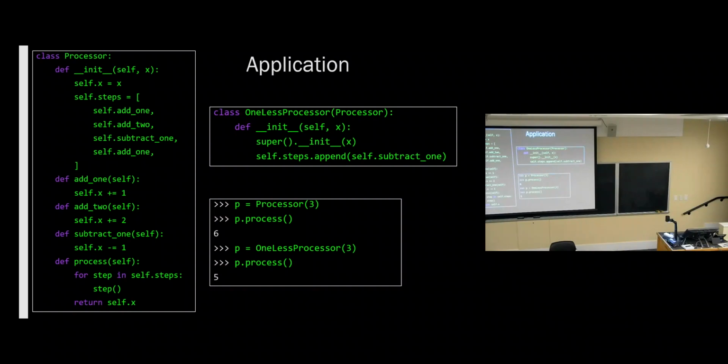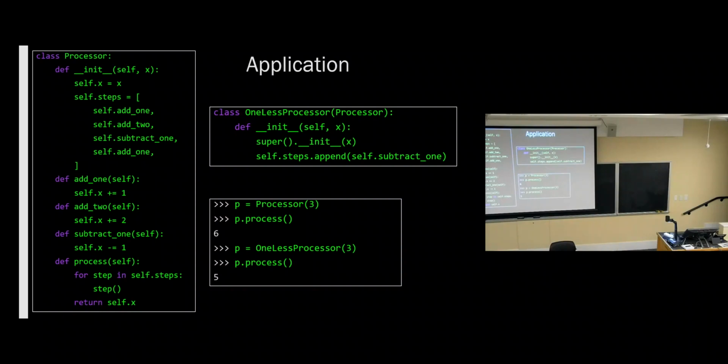And obviously, this is a simple example, so that wouldn't be such a problem. But if each one of these steps is actually a whole program, a whole set of files that does this complex processing, definitely don't want to be copying and pasting that. So it's nice to be able to just represent it as a list, and then you can change the list later.